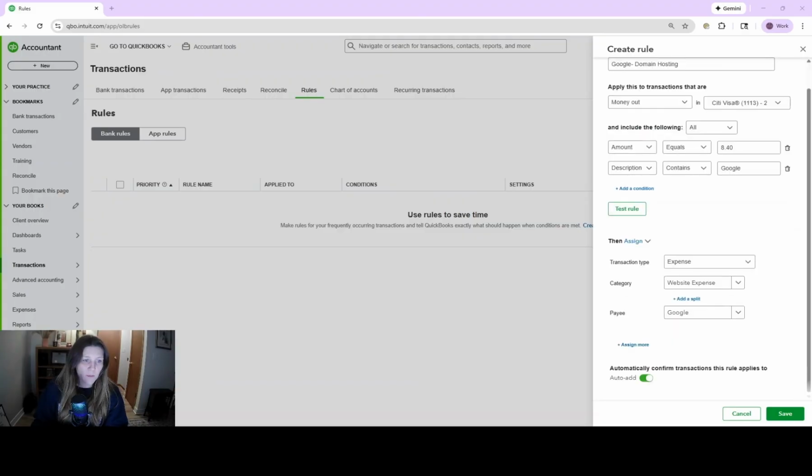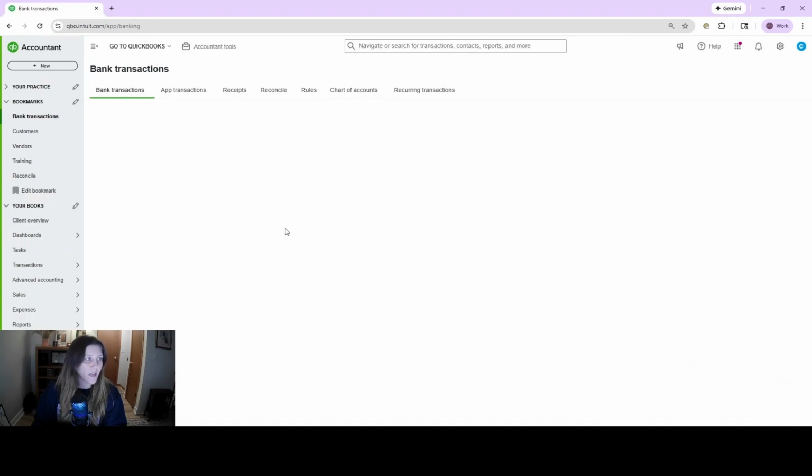Now, the last step here is to tell QuickBooks and tell our rule whether to automatically confirm transactions that this rule applies to or not. So let's toggle this off for now and tell our rule not to auto-confirm the transactions. So we're going to save our rule, and then when we go back to the bank transaction screen, we're going